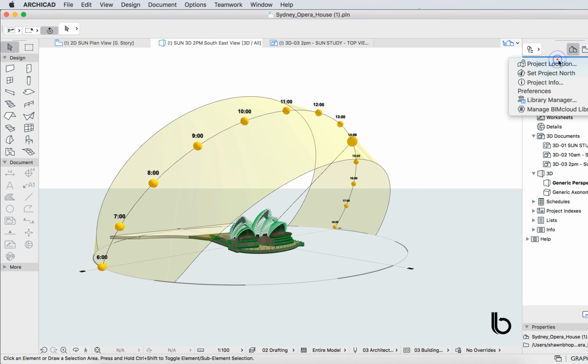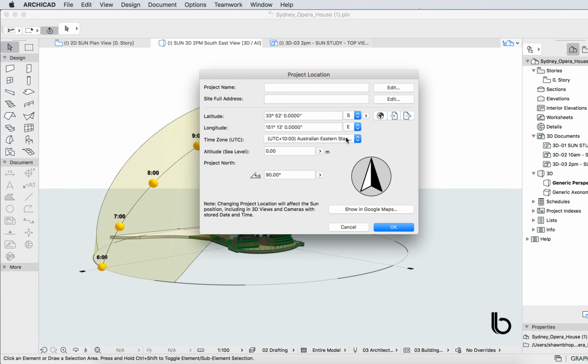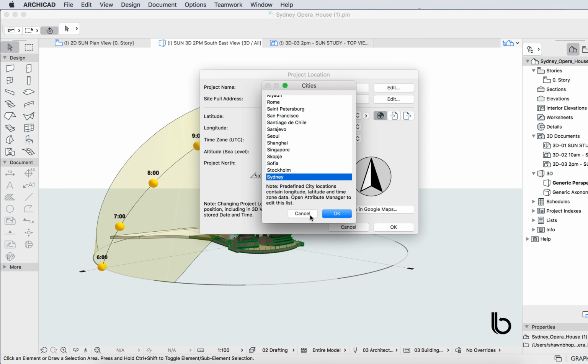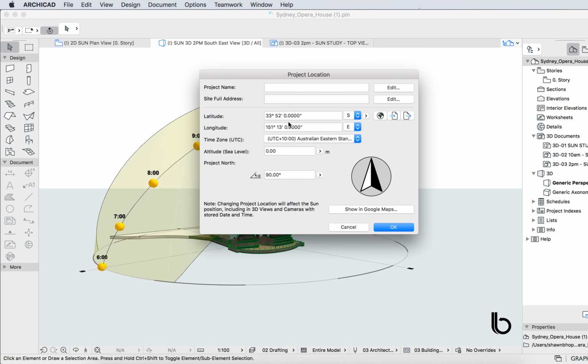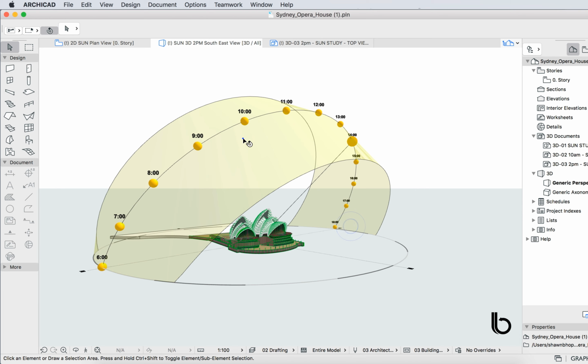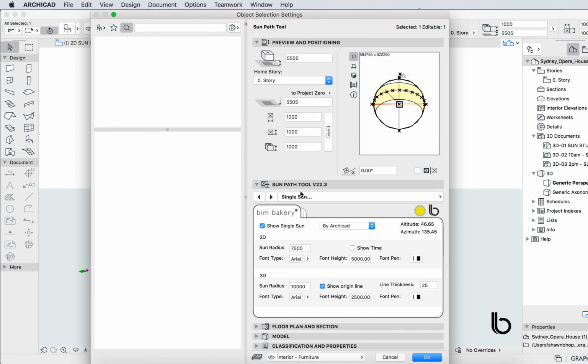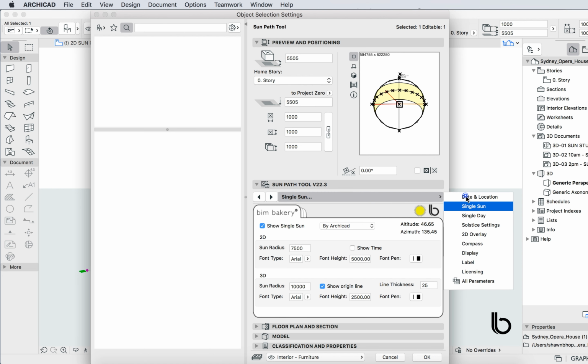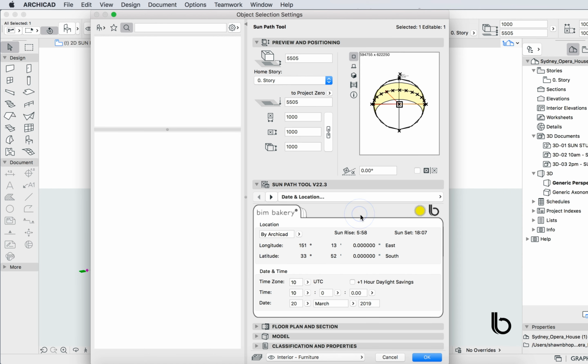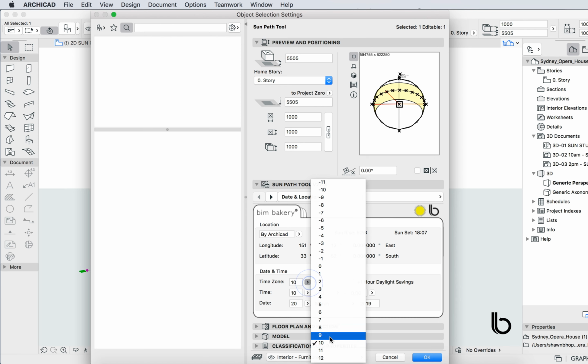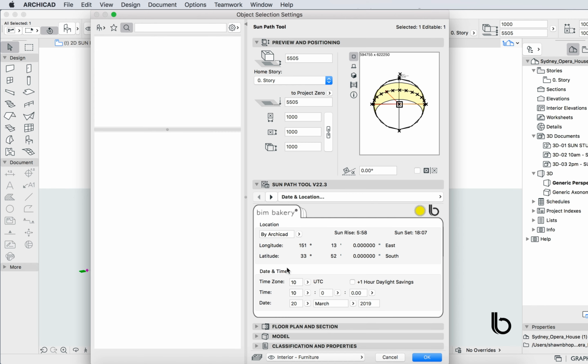So first part of setting up your project is to make sure that your location settings are correct. So you can see in the ArchiCAD project location, you can select Sydney, which sets up your latitude and your longitude and your UTC. Secondly, you are placing the object and you are having a look at the first page of the user interface. You make sure your location is by ArchiCAD. You set your time zone, your UTC,